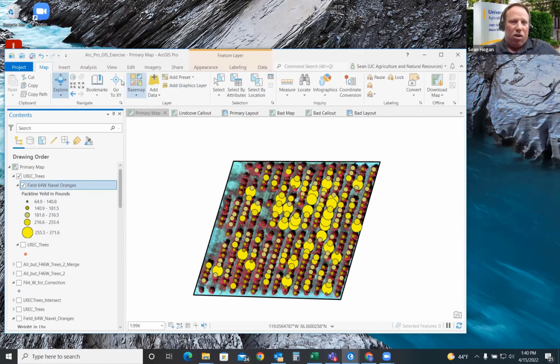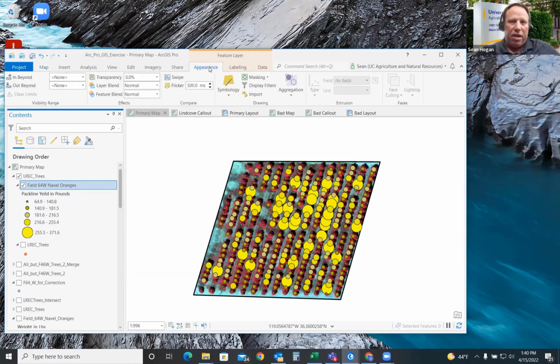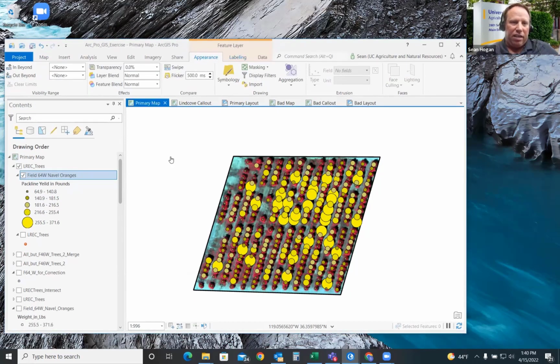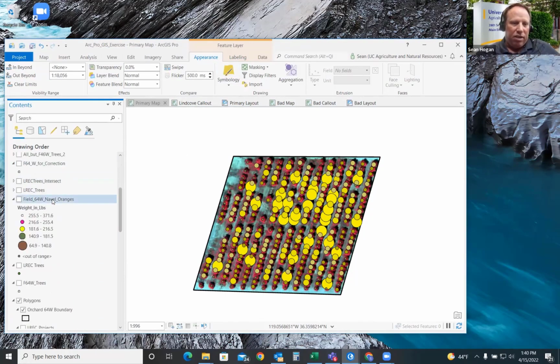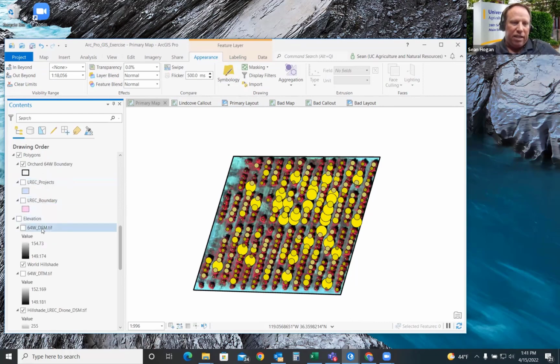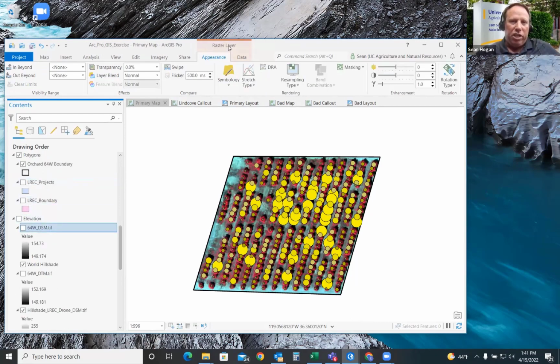I will have different options available to me up here. For example, you can see it says feature layer. If I click on this or the trees, it'll still remain feature layer at the top of the screen. But if I scroll down to something that is a raster, like this elevation model, it'll switch to raster and I'll get another series of options available to me. We're going to go through a number of those as we go through the workshop.